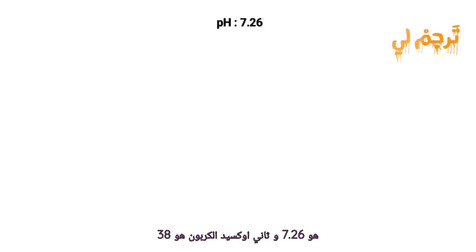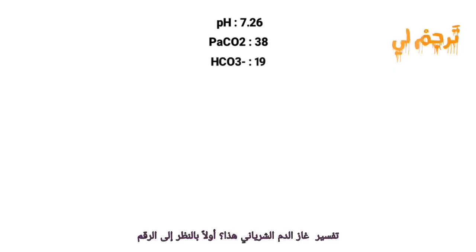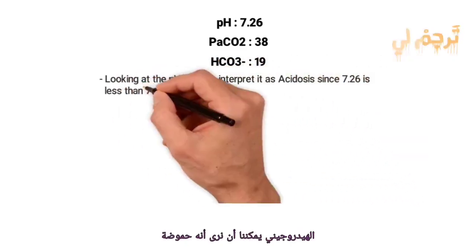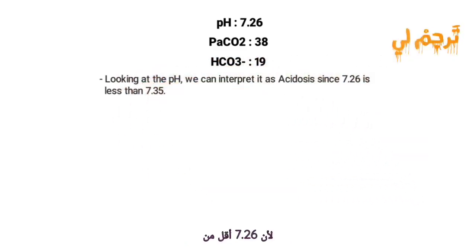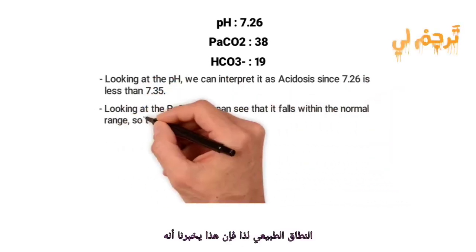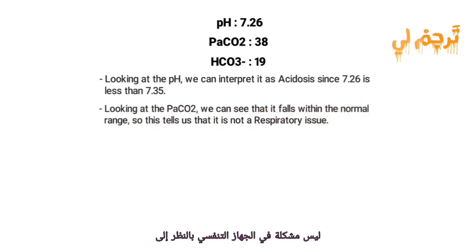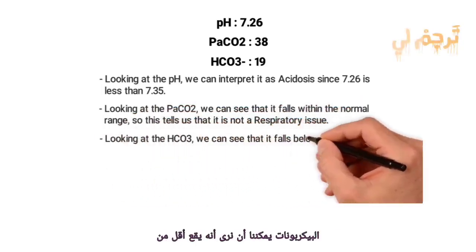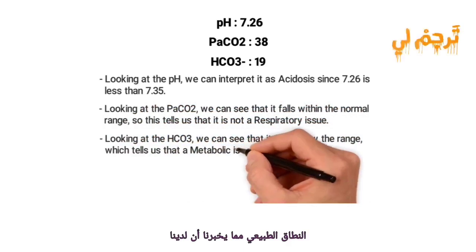Let's say that the pH is 7.26, the PaCO2 is 38, and the bicarb is 19. How can we interpret this ABG? First, by looking at the pH, we can see that it is acidosis, since 7.26 is less than 7.35. Looking at the PaCO2, we can see that it falls within the normal range, so this tells us that it is not a respiratory issue. Looking at the bicarb, we can see that it falls below the normal range, which tells us that we have